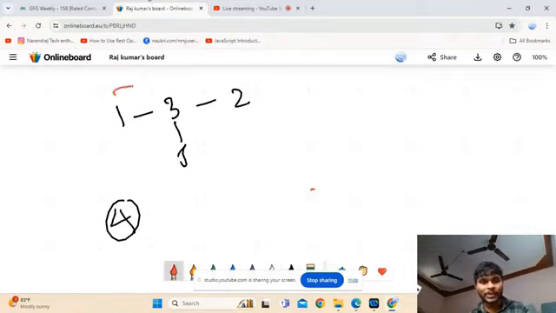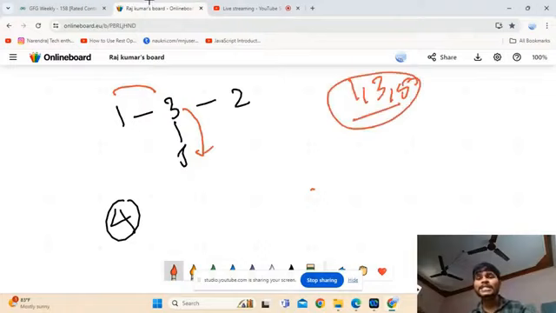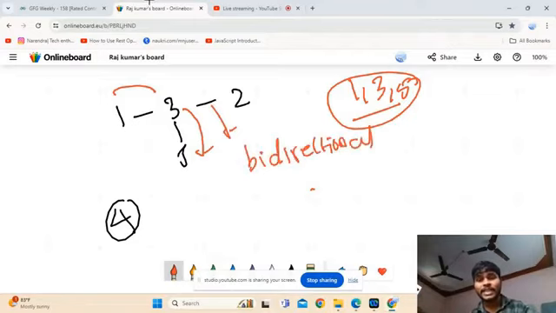He can go from 1 to 3, but he can't go from 3 to 5 directly, because 1, 3, 5 are consecutive increasing odd numbers. Now he can go from 3 to 2, then come back, because the edge is bidirectional.